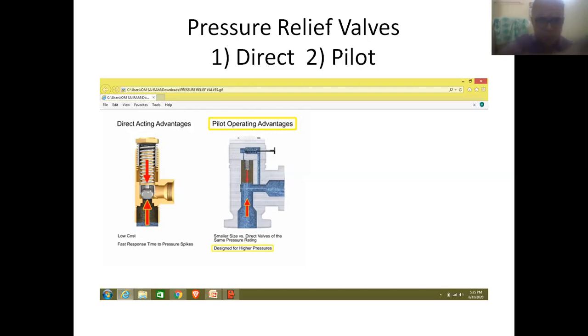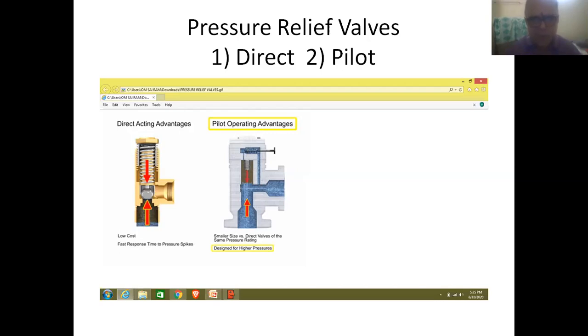So the element moves in forward direction, and the pilot valve comes to open position, and through this branch pipeline, this fluid will be flowing from the outlet of the pilot valve into the outlet of the relief valve, and finally both these fluids will be going back into the reservoir.